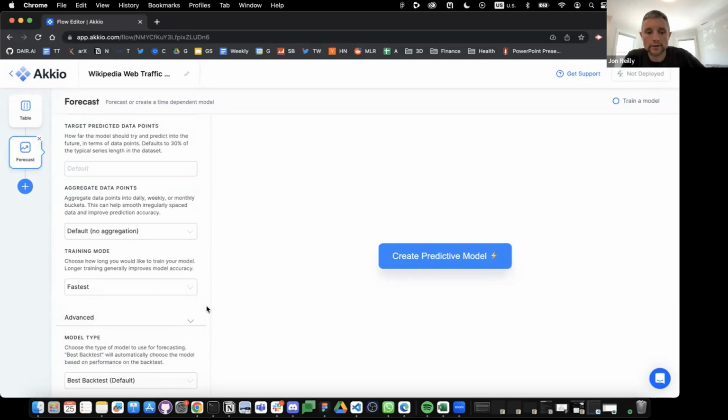But by default, we're going to compare all of those different model types to each other and pick the one that does the best on a back test. Often a different model type is appropriate for a different data structure, depending on your forecast. Traditionally you'd have to try a bunch of different models and then look at them, and that'd be a really long, painful process. But the nice thing about an AutoML engine is it can automatically try them all and compare which one does best in history. So usually I recommend leaving that setting on best back test.